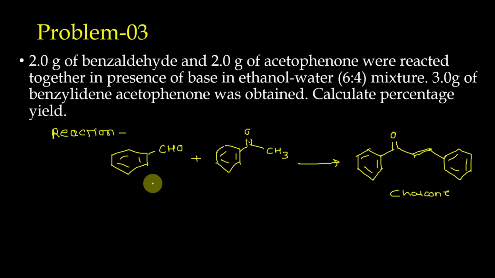So now we have two starting materials, benzaldehyde and acetophenone. So with respect to which starting material you will calculate yield, theoretical yield, right? So that is the problem. So here we need to find out limiting agent. Right? So we need to calculate moles of both the starting materials. So first we will calculate moles of benzaldehyde. So we'll follow our regular method. We'll write molecular weight of benzaldehyde.